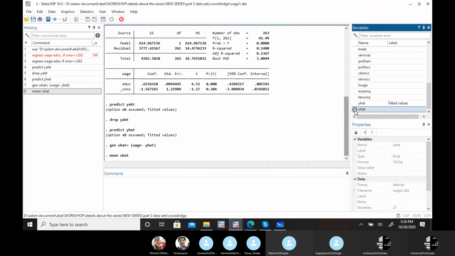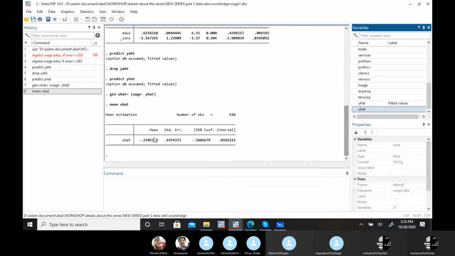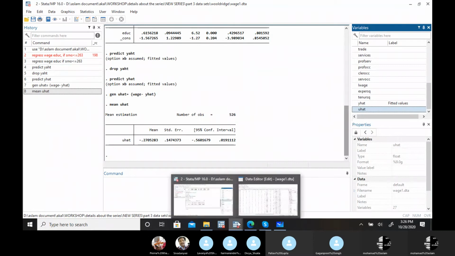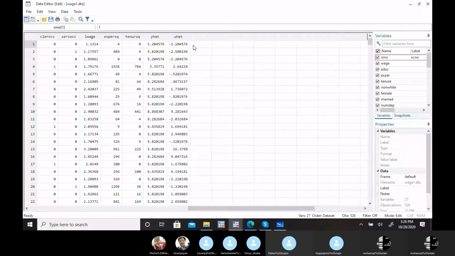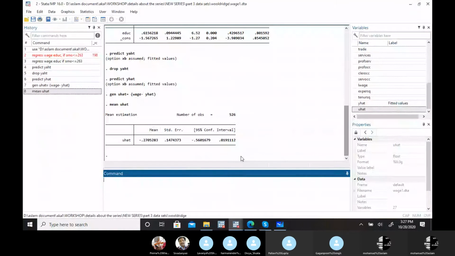Mean of u hat. You can see it's minus 0.27. It's near 0. Actually, this is not showing 0 because of approximation, since we have this data up to 4, 5, 6 digits. Otherwise, if you take the actual summation up to 9 digits, it's actually 0. So let's suppose this is the average value of the error from the first sample. Now do the same exercise with the second sample.